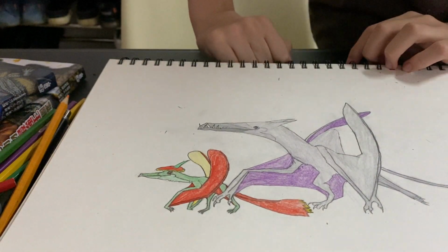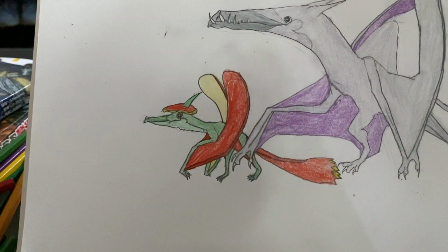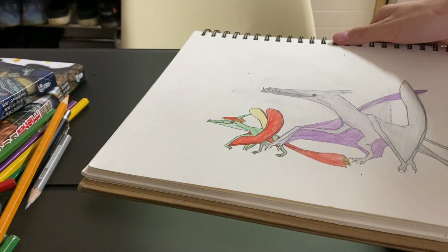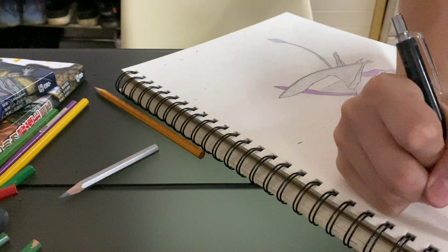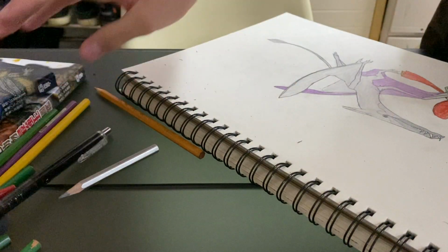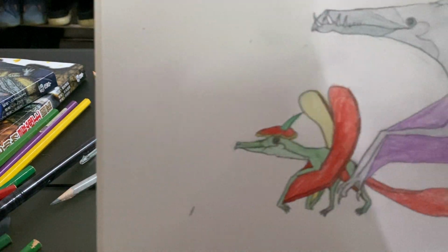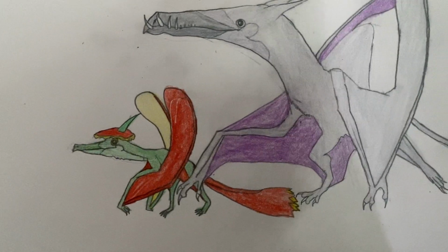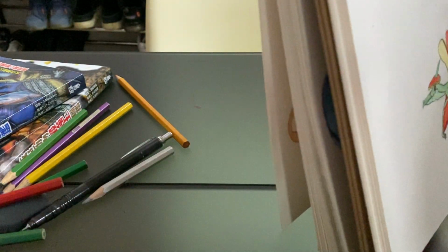These are Flapple and Aerodactyl. The size might be wrong, but I don't care. So I might name them. I will. Yeah, Pterosaurs. Do you see the word Pterosaurs? I think. Can you? No, you can't. You can't see the word Pterosauria. Can you? Yeah, Pterosauria. Just Aerodactyl and Flapple. So this is as far as the video will go. And it'll end somewhere around now, except